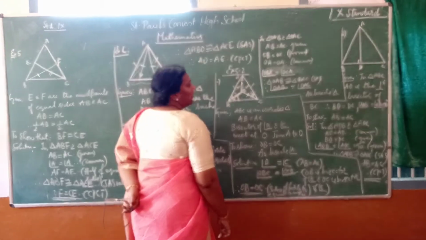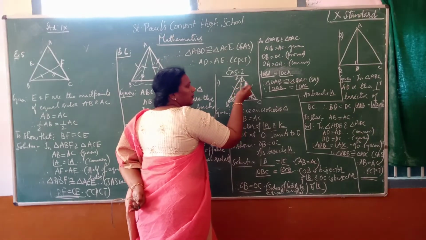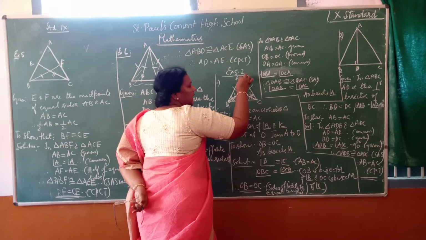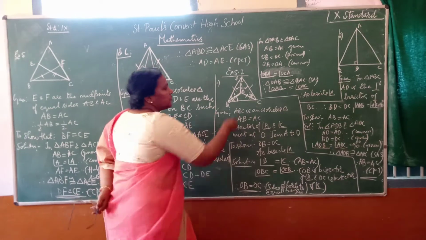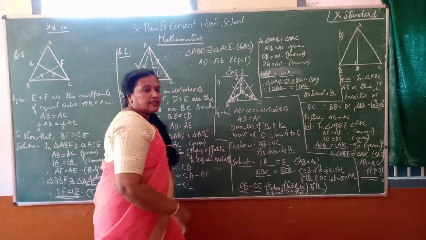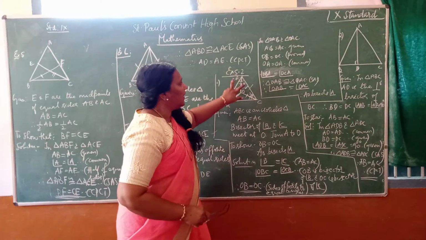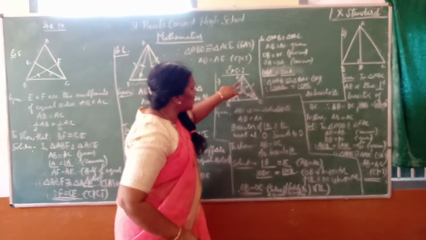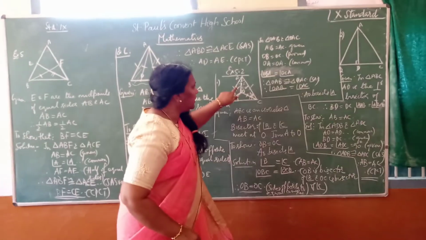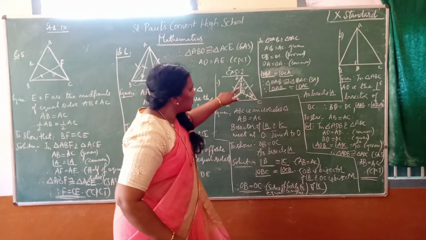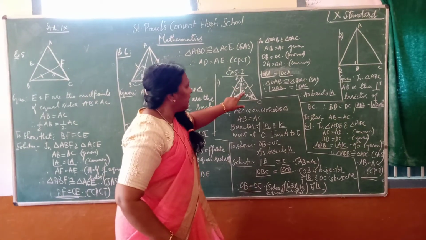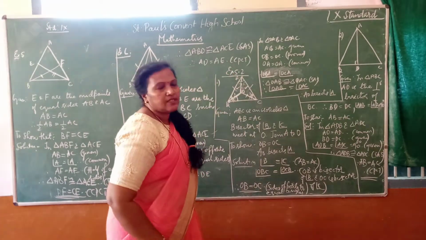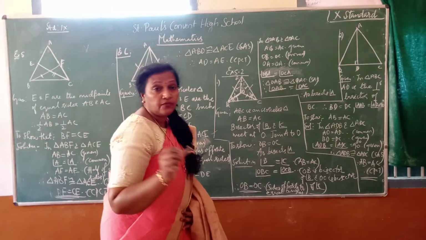When two triangles are congruent, naturally the corresponding angles will be equal. That is angle OAB is equal to angle OAC. Therefore, when these two angles are equal, I can say that AO bisects angle A. How will you show these two angles are equal? By showing that these two triangles are congruent. This was exercise 5.2, first problem.